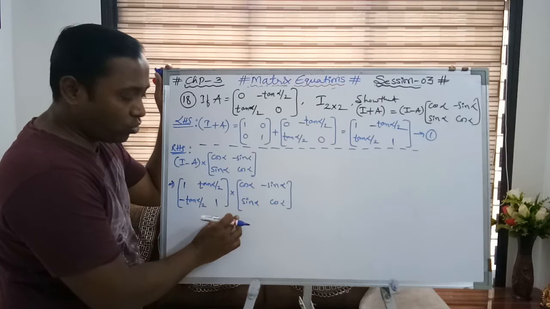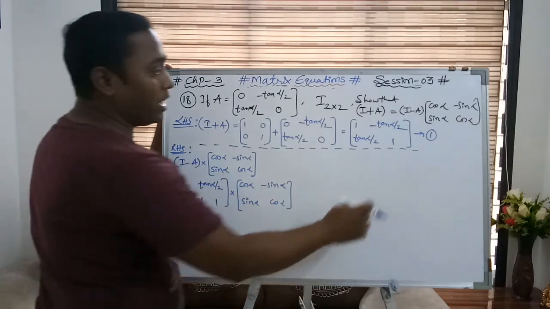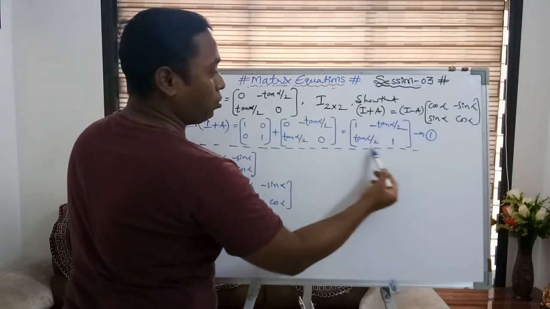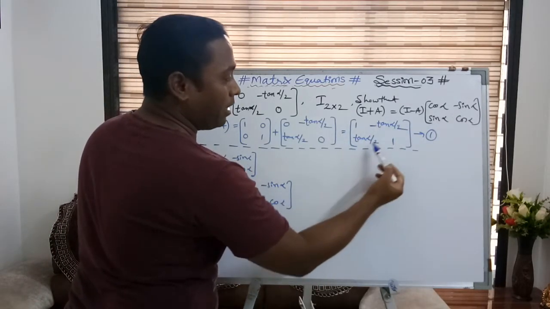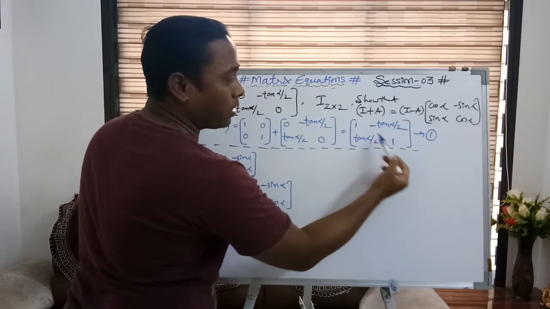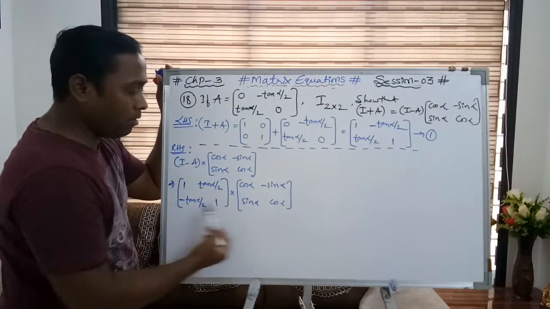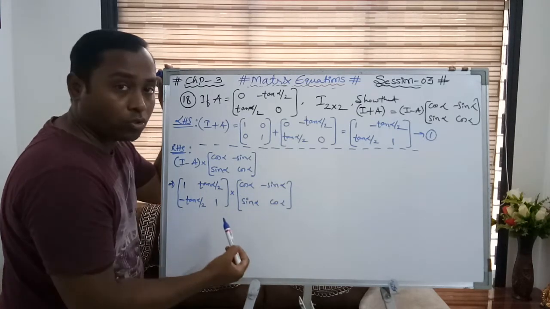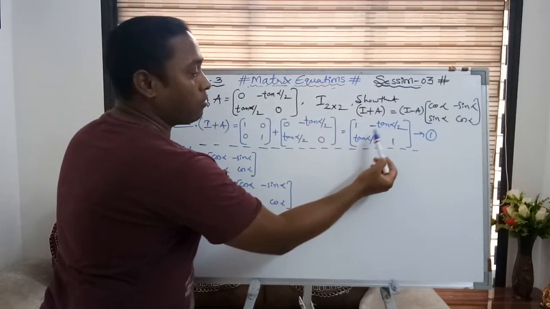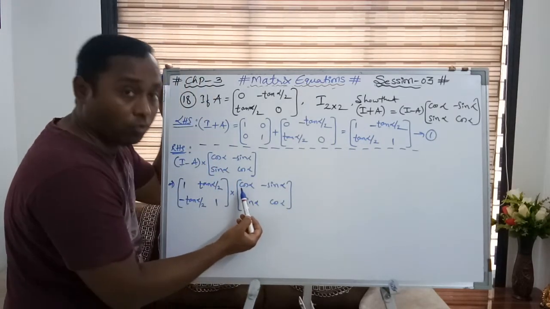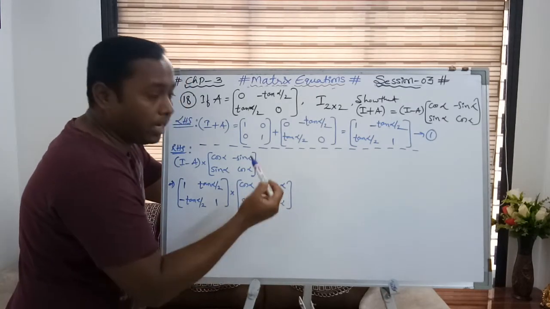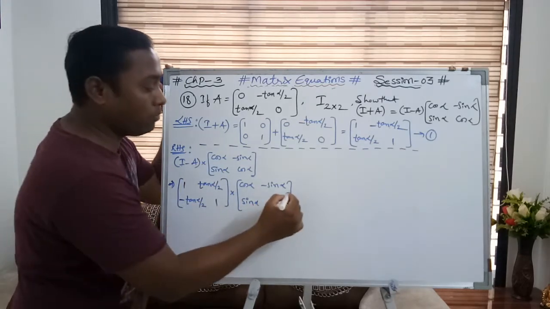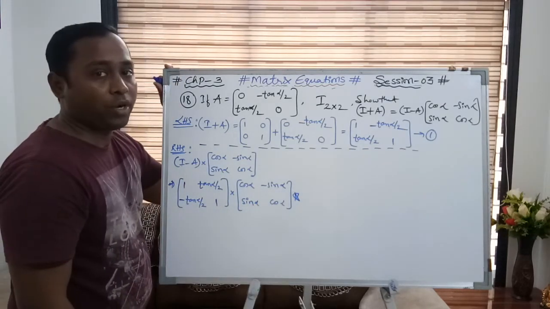If we multiply these two matrices, if we are able to get this form, it would be over. But if you see, the left hand portion already has the elements in terms of tan or constant 1, but in the right hand side we have sin and cos also, and we are looking for answers in terms of tan. That's why we need to convert sin and cos in terms of tan by using the trigonometric formulas. This is the key point of the solution.